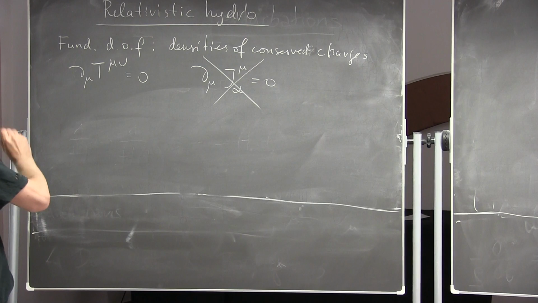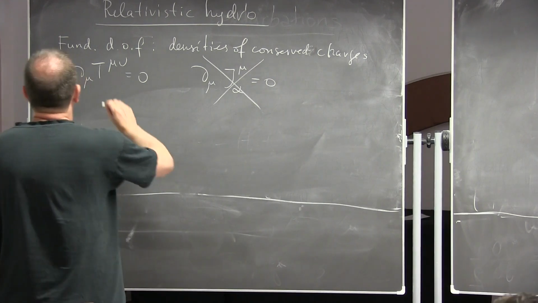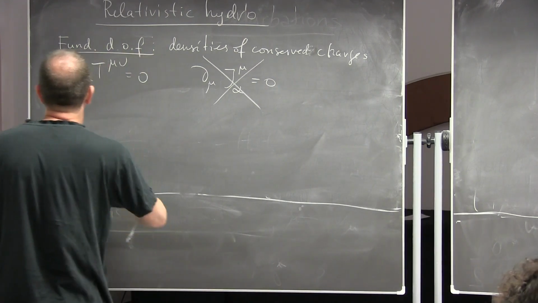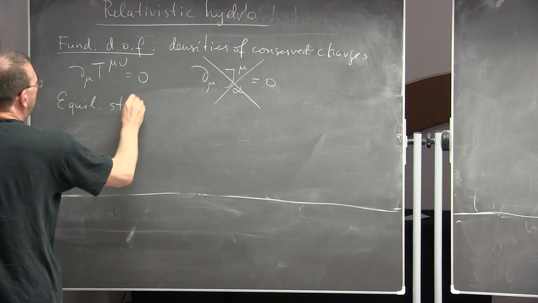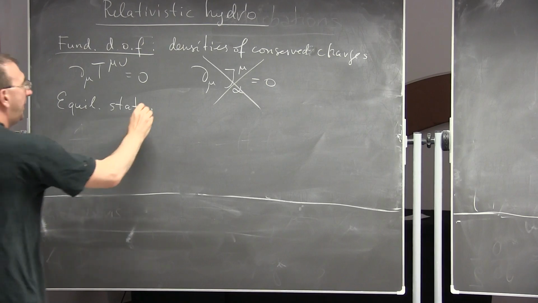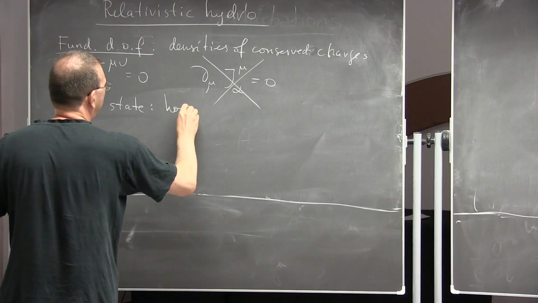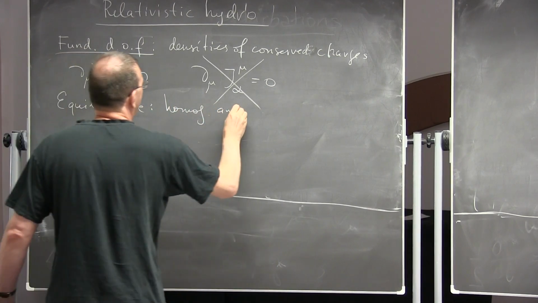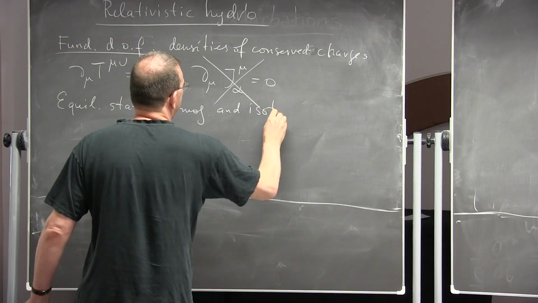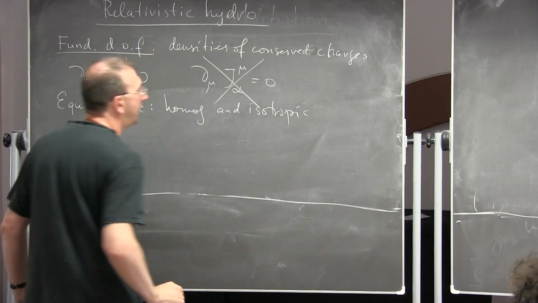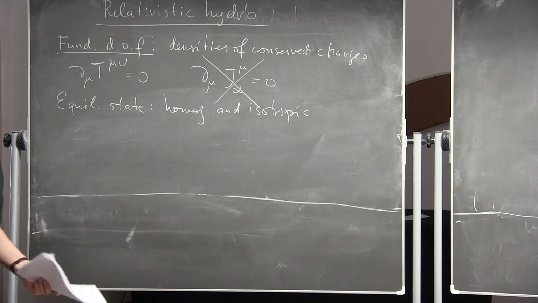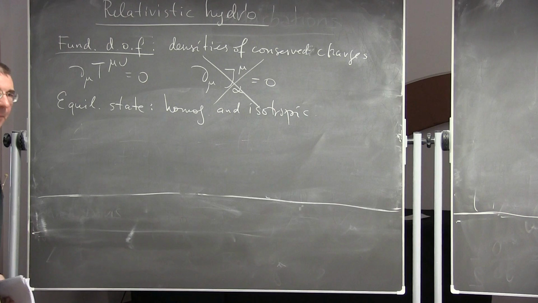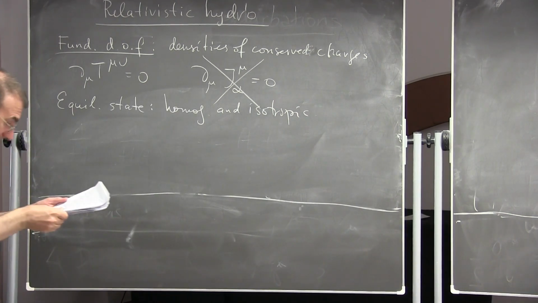And the equilibrium state in this simplest situation, we will consider it to be homogeneous and isotropic. Again, just for simplicity, because you can easily imagine that there could be some equilibrium states. So suppose you apply some magnetic field and things are not homogeneous anymore, or not isotropic and things like that. So this all can be considered.